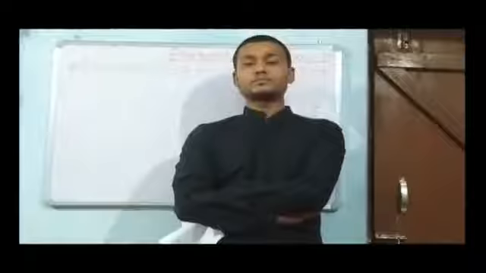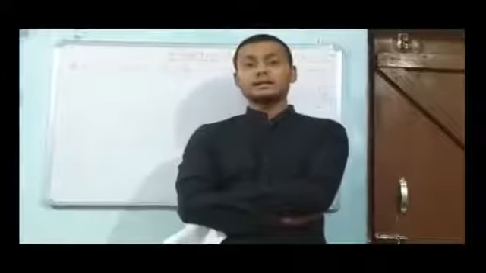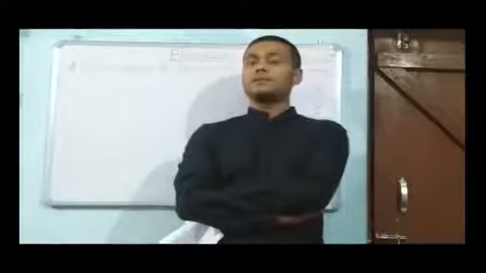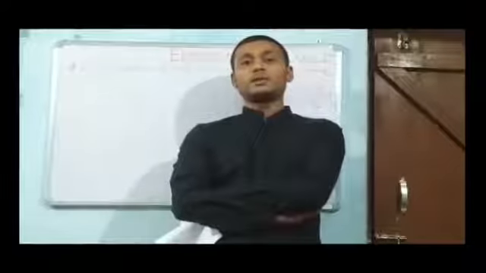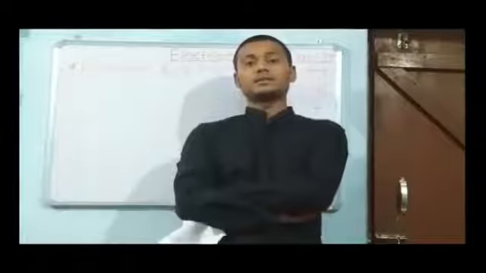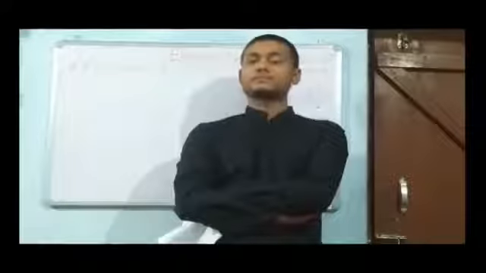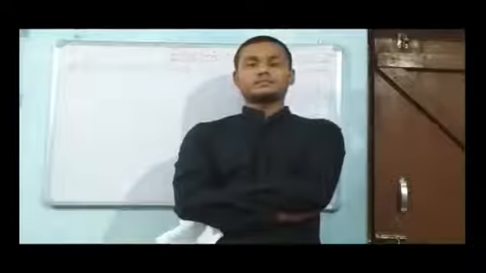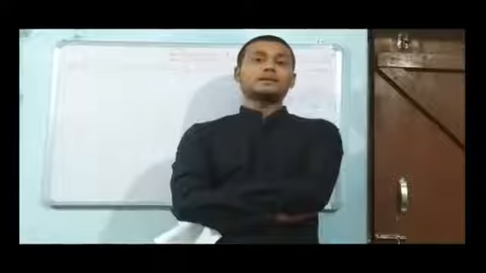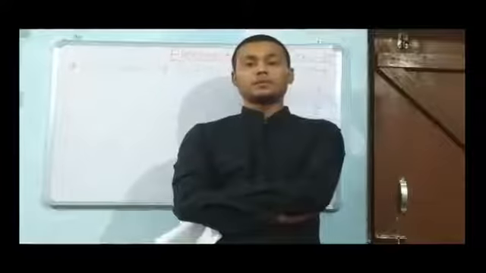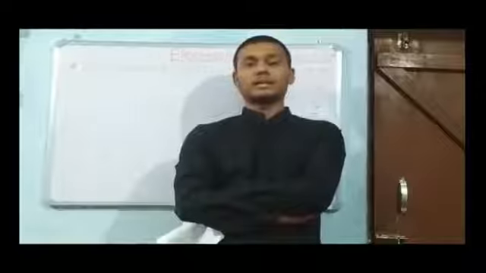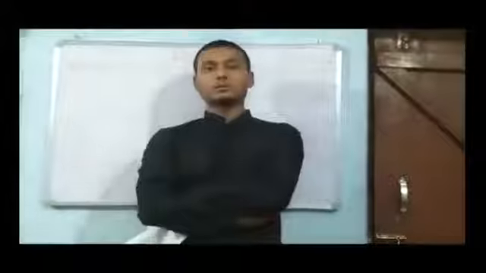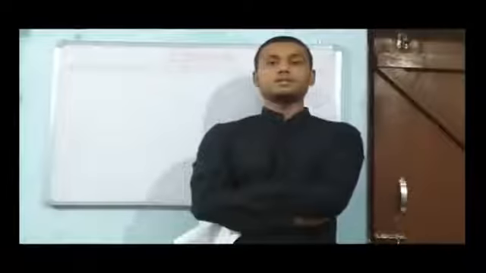So this is all about a conductor, how we get the value of resistance of a conductor. But here we have to calculate the value for the entire circuit. How do we get the resistance of the entire circuit? There are two ways by which resistors can combine in a circuit: first, series combination, and second, parallel combination. We will discuss both one by one.